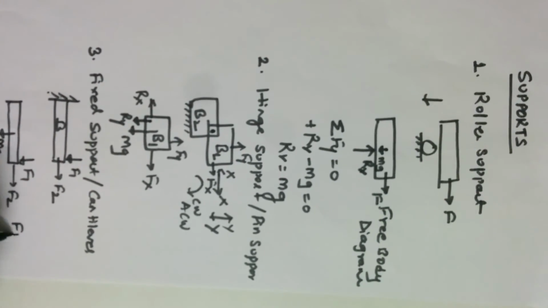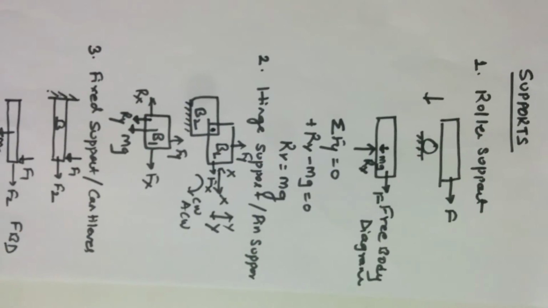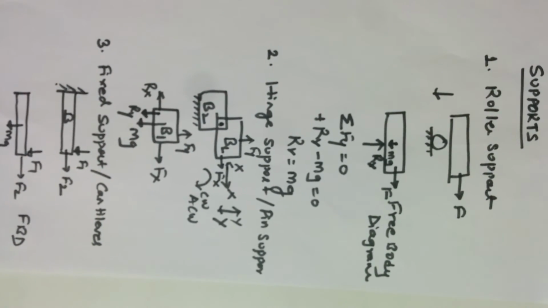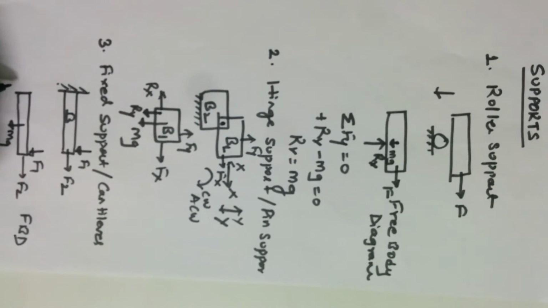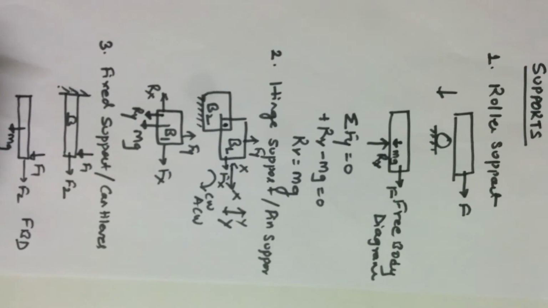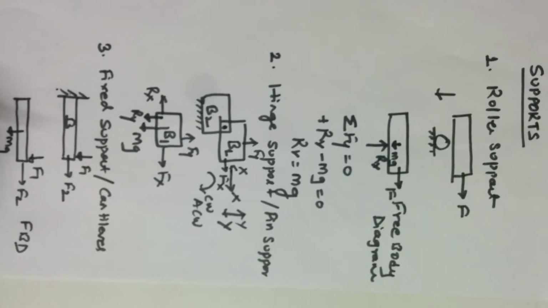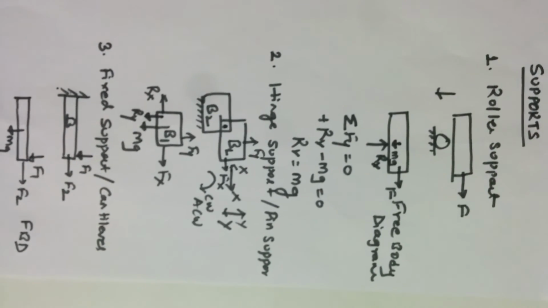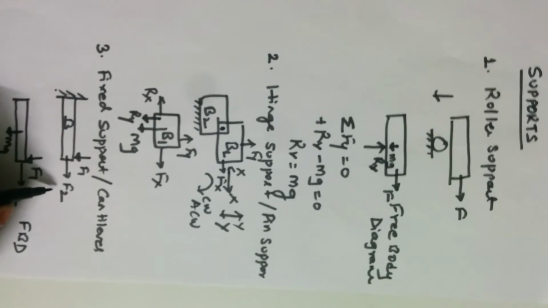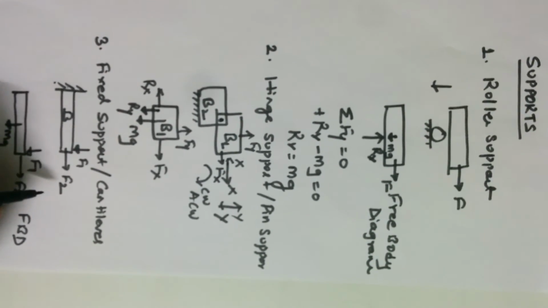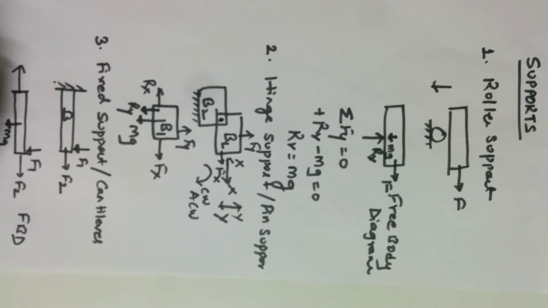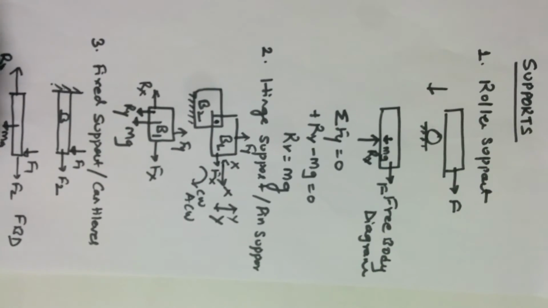Since we are drawing the free body diagram, it means freeing the body from all the other external supports. So we have removed the support. Now, what was the support doing? The support was not allowing the body to move in the positive x direction, because you are applying the force in the positive x direction. Therefore, the reaction at the support should be in the negative x direction.